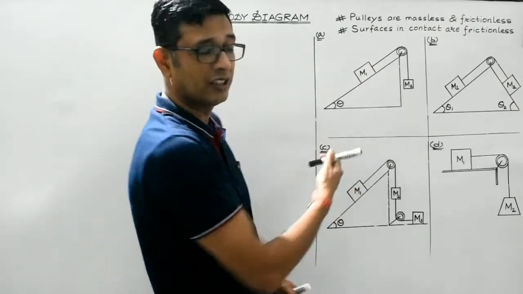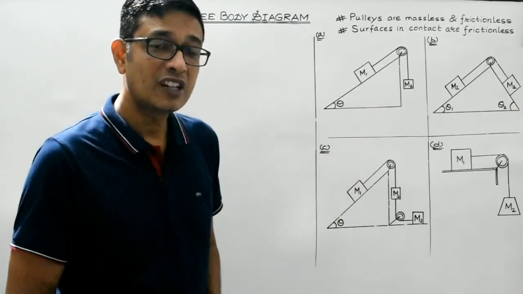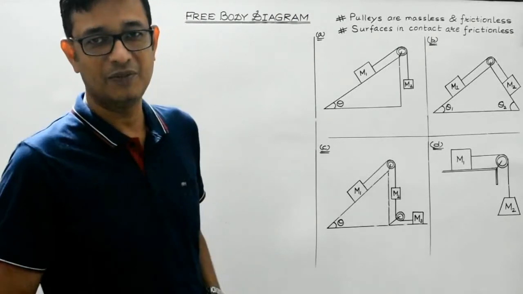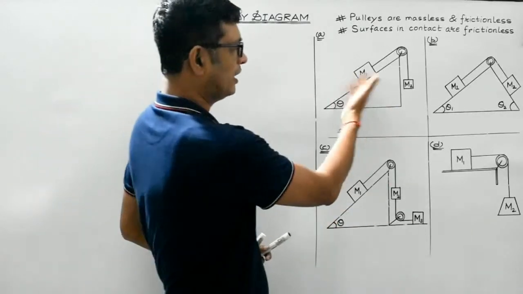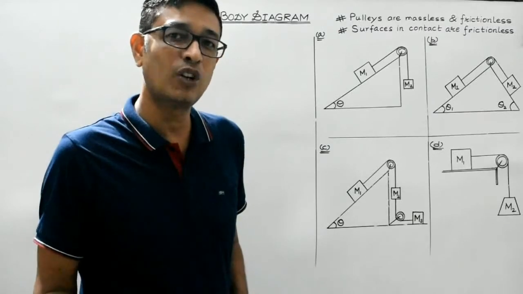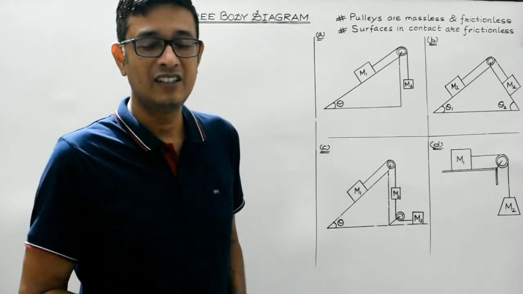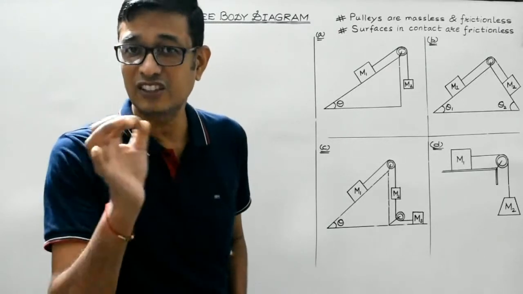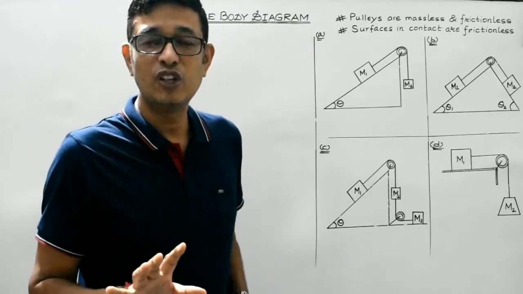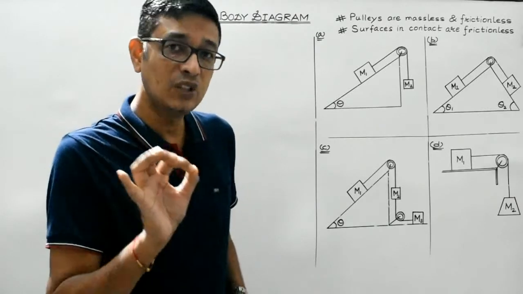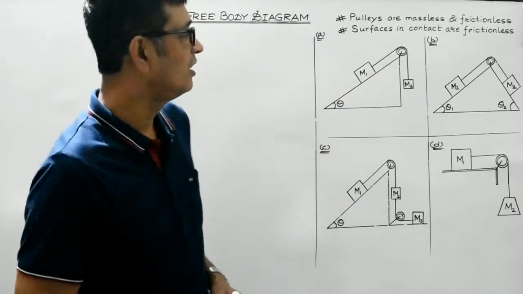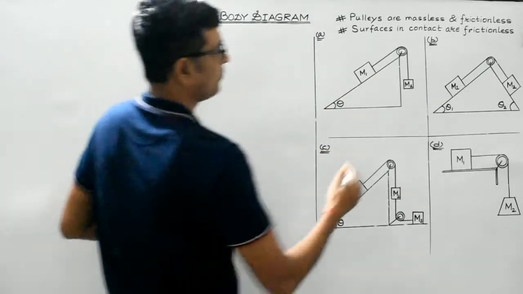So in each of the questions, we will try to construct the equations of each of the bodies using free body diagram, right? And in numericals, m1, m2, theta can be given, so you can easily find out the acceleration of the bodies as well as the tension in the string. But you can do so only after constructing the equations. So here in this particular lecture, we will be trying to construct the equations of each of the bodies constituting a system. Right? Let's start with case A.